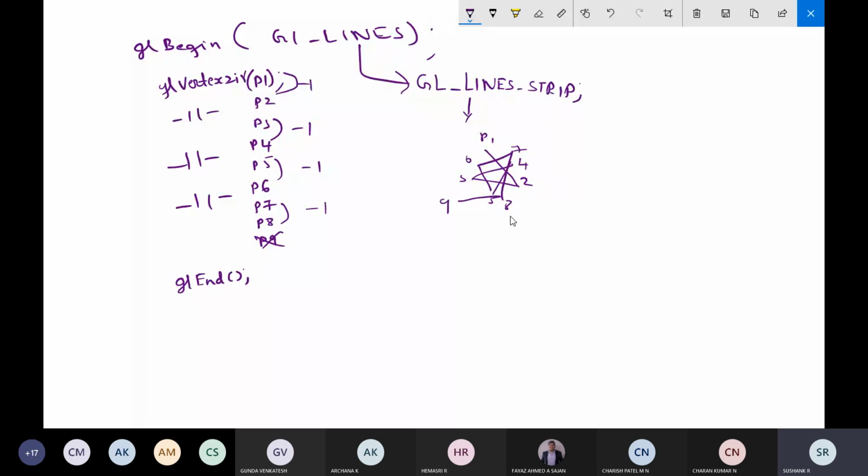All 9 points will be considered in the second case. This is the example of line strip.